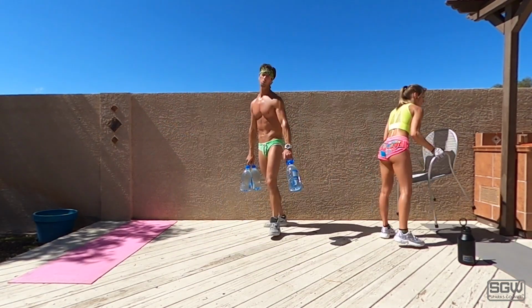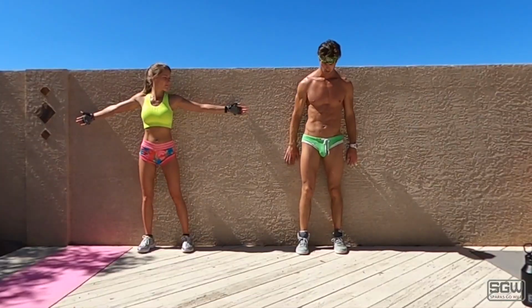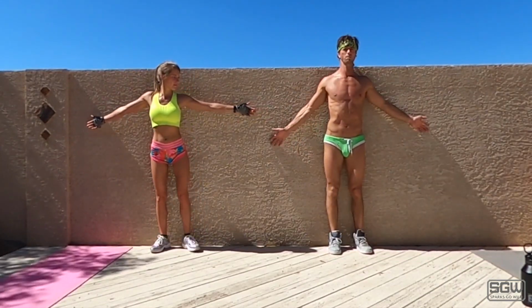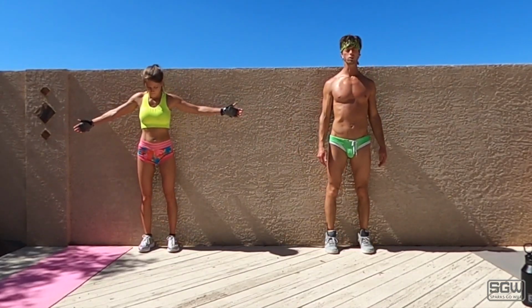Yeah, we can do stretches. Windmill is one of my favorite stretches. So we're gonna stand against a wall. You don't have to stand next to a wall when you do this, but it's recommended because it helps keep your body flat. Keep your toes pointed forward, shoulder width apart,